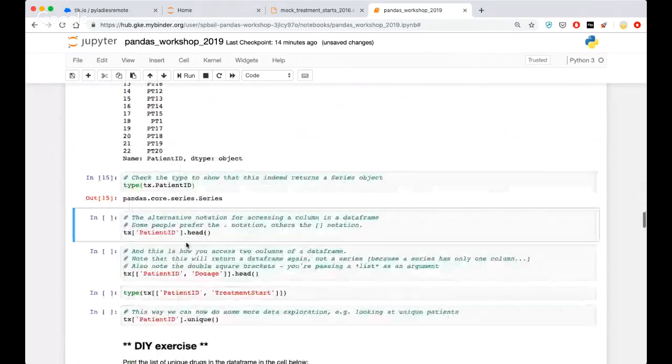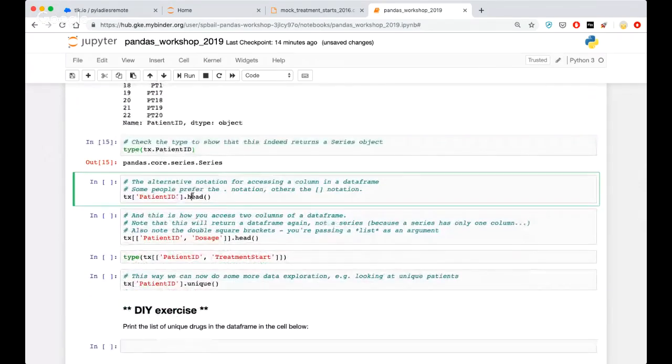And this one is a dictionary style notation. Some people prefer the dot notation, others prefer the square brackets, the dictionary notation. This is entirely up to you. It's entirely up to readability. Some people mix both, depending on how they're using it. I am pretty militant about just using this notation all the time,